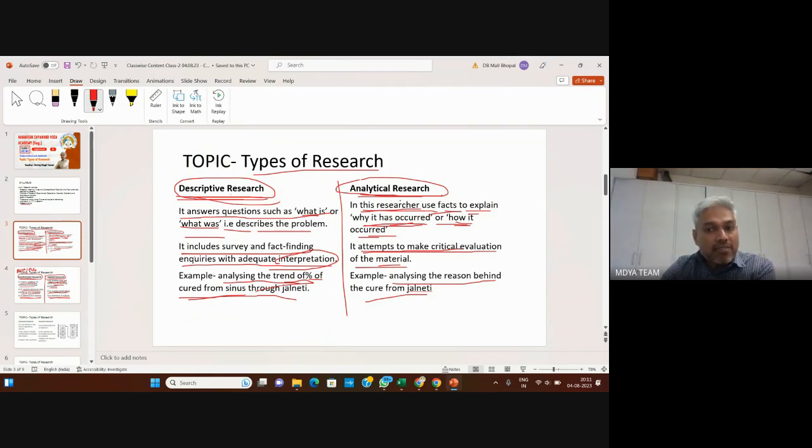In analytical research, the researcher uses facts to explain why or how something has occurred, right? In descriptive research, the researcher does surveys and fact-finding inquiry with adequate interpretation, right? And analytical research attempts to make a critical evaluation of the material, right? The example I have already explained. Next